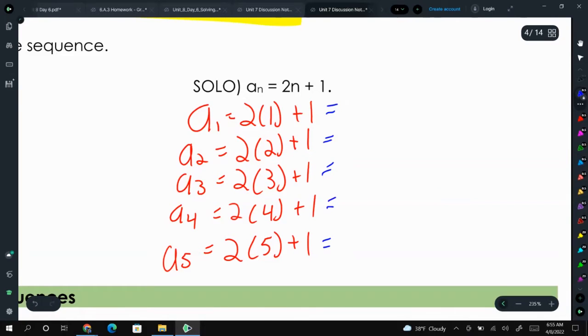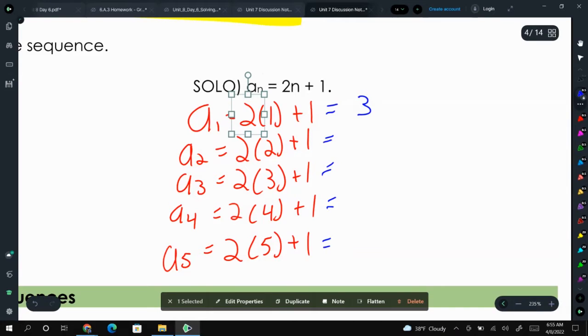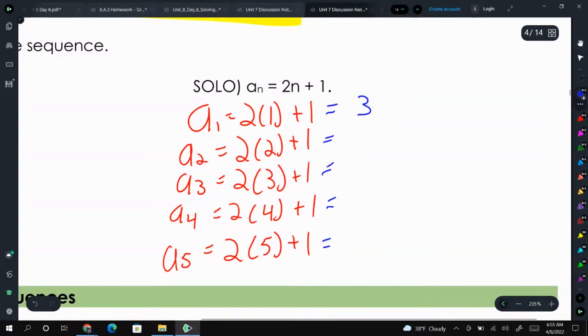So 2 times 1 is 2, plus 1 is 3. 2 times 2 is 4, plus 1 is 5. 6 plus 1 is 7. 8 plus 1 is 9. And 11. And again, you can verify I'm adding 2 each time,